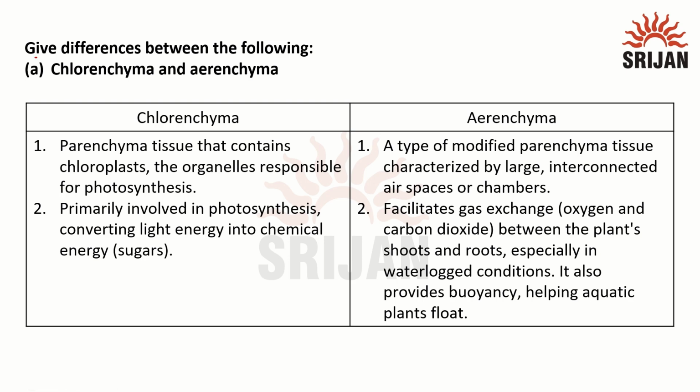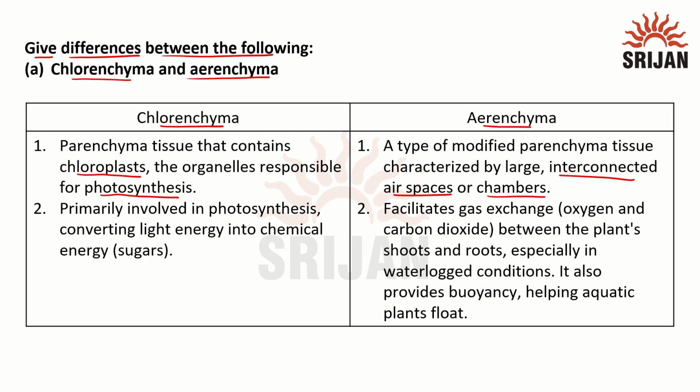The question is, give differences between the following. The first difference is between chlorenchyma and aerenchyma. Both are a specialized form of parenchyma. Chlorenchyma is parenchyma tissue having chloroplast, so it can perform photosynthesis. And aerenchyma is a parenchyma where you can see large intercellular spaces or the air space chambers present in between